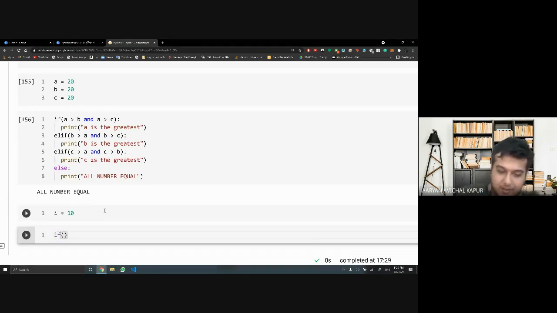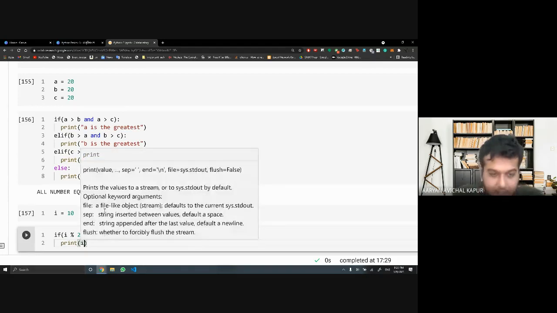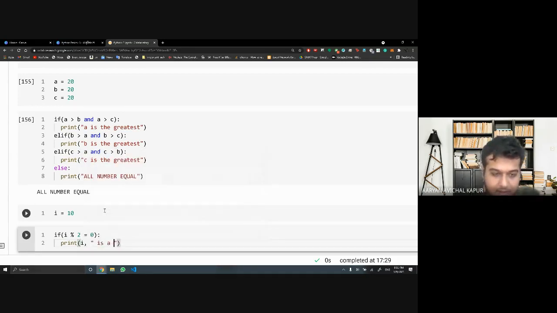And if I say if I % 2 is equal to 0, that means any even number has to be a multiple of 2, right? So any even number, when you divide it by 2, the remainder will always be 0. So this would be a test, and I'll print I is